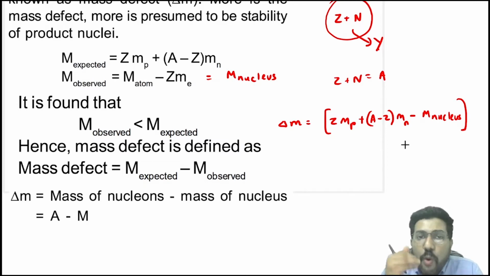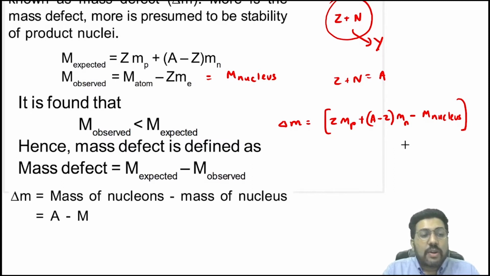In fact, more the mass defect, more is the stability of the nucleus. So a nucleus wants more mass defect so that it becomes more stable. Now, how is this possible? This is actually, by Einstein's mass energy relation, mass and energy are interconvertible. Mass can be converted into energy. So, whenever the mass defect is high, that means that mass has converted to energy. Now, more the energy released, more is the stability. That is why if mass defect is high, that means more energy is released. More energy is released, that means more is the stability.